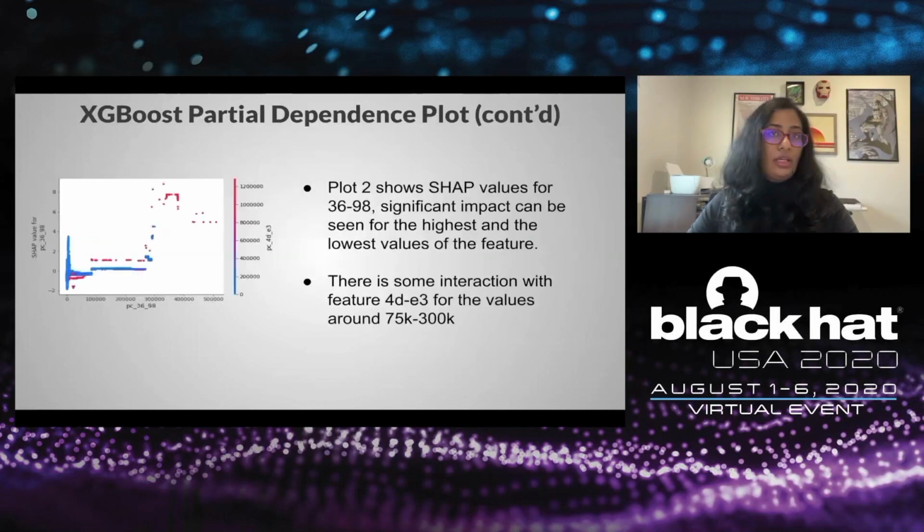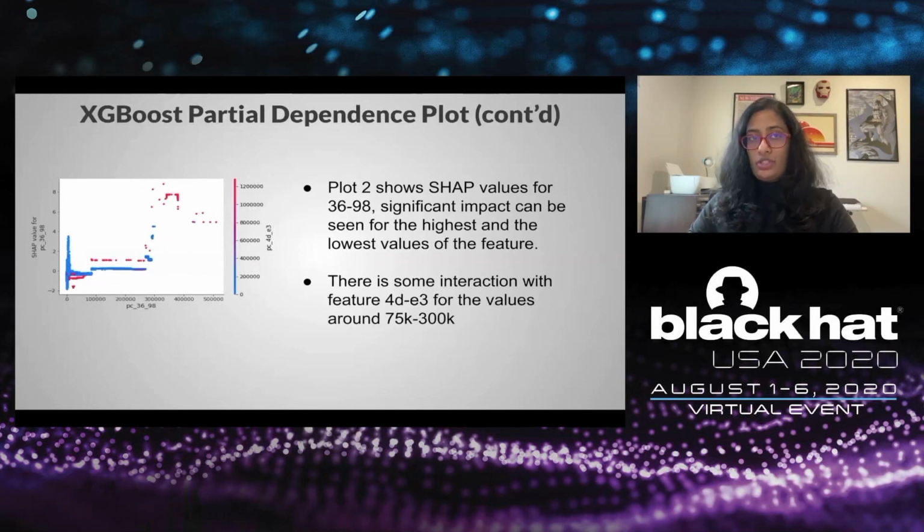The next one is the last feature, which is 3698. This has a significant impact, which can be seen for the highest and the lowest values of the feature, right? If you see in the rightmost corner, right top corner, there's a cluster of red data points, and in the left bottom corner, you can see there's a cluster of blue data points. So there is a clear impact for the highest and the lowest values, classified as